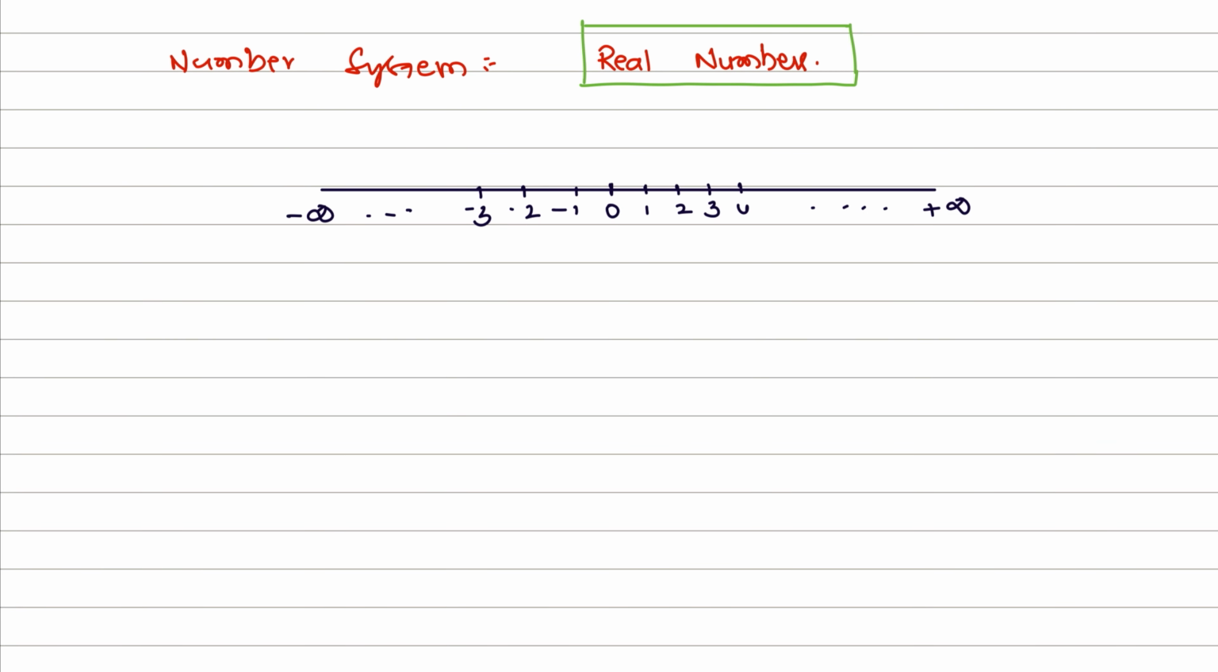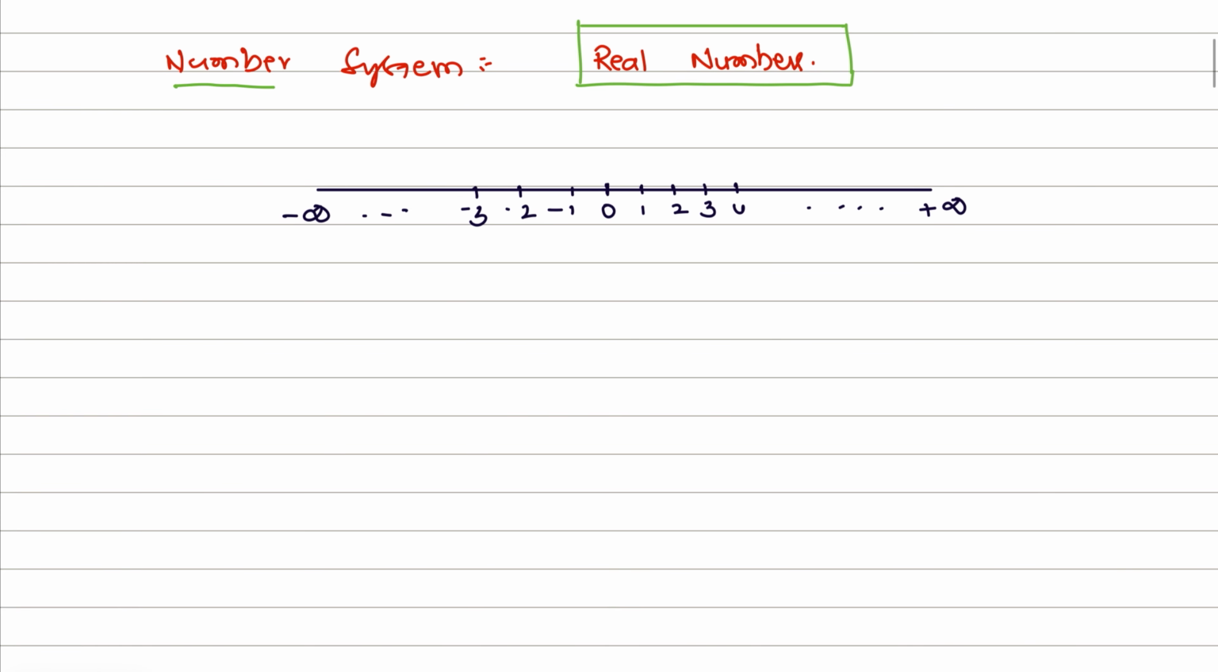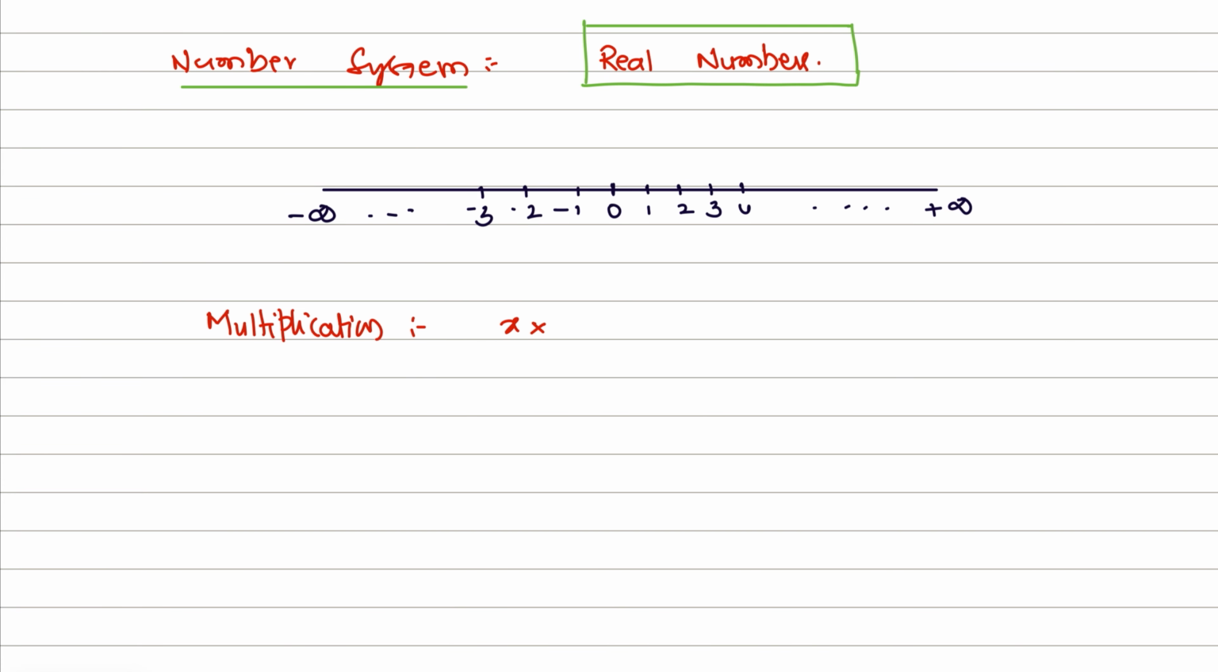Now, real numbers have different operators: multiplication, division, addition and subtraction. Why is this important for you? Before going into the equations, you should know what the operators are and what number system you are working with. Now, what is multiplication? Multiplication is nothing but multiplying two numbers. One number, let me say x, multiplied by y,